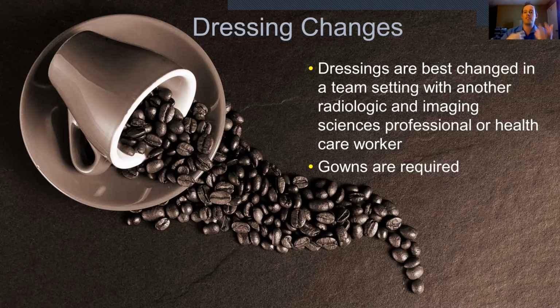Now that's something we're going to practice that sterile aseptic technique because like we said, we don't want to just put some random gloves on or especially not use our bare hands when we're changing out those dressings for these patients. And also, you're going to be protecting yourself because you don't know what that patient has. You may not have read the report. They may have a wound that's leaking all over the place. And the last thing you want is that wound to leak all over you on your clothes. You're going to infect yourself and infect all those around you. So that's definitely another area where we're going to practice that proper sterile aseptic technique